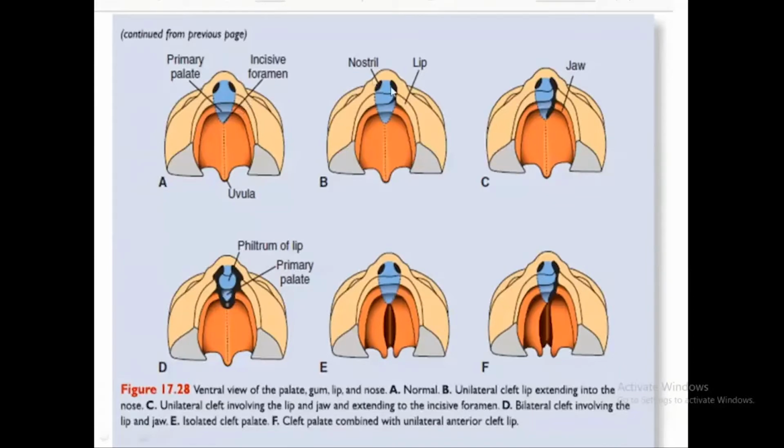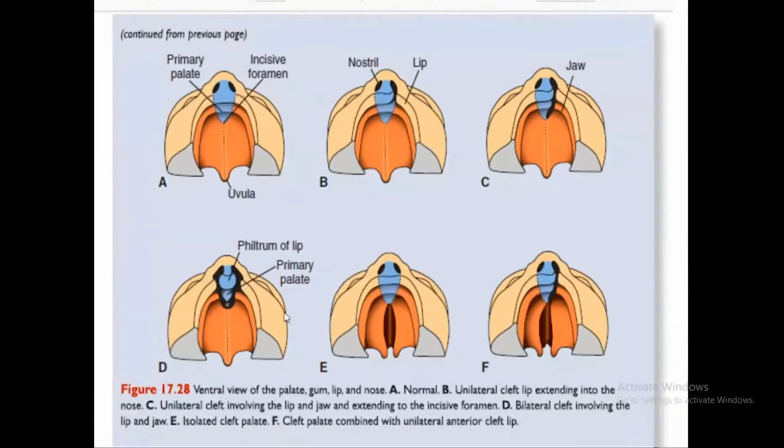So if the cleft is on one side, we'll say it is unilateral cleft lip, that is extending to the nose also. Also, if it is on one side, we will say unilateral cleft lip, but this one is in the incisive foramen, and also including the primary palate, extending to the jaw, lip, and nose. Okay, it is bilateral cleft lip, extending to the jaw